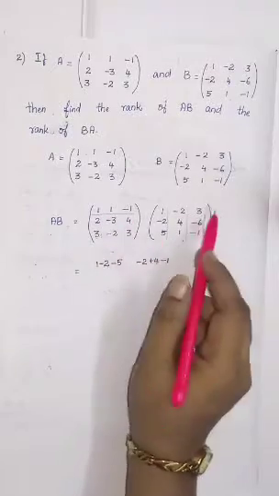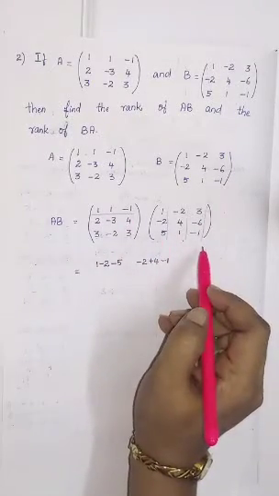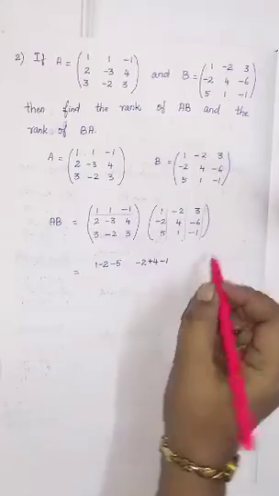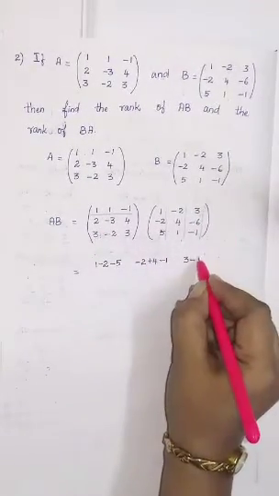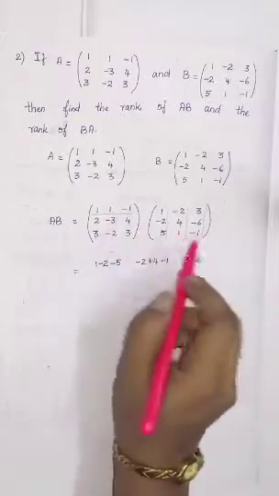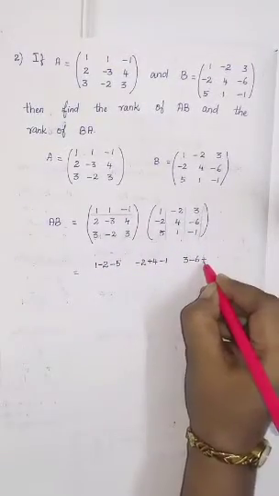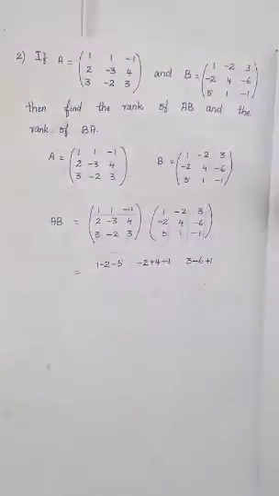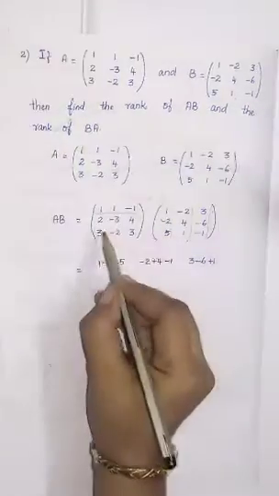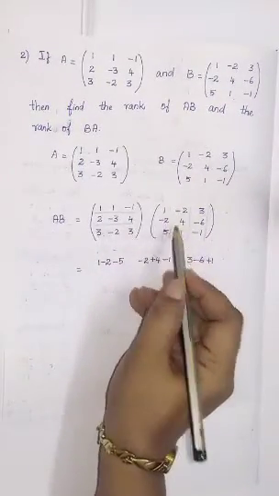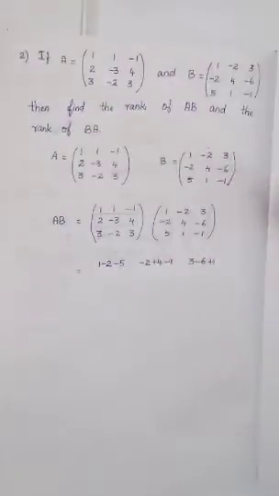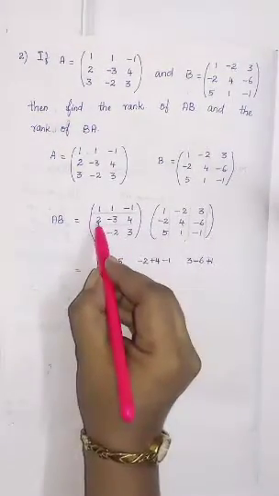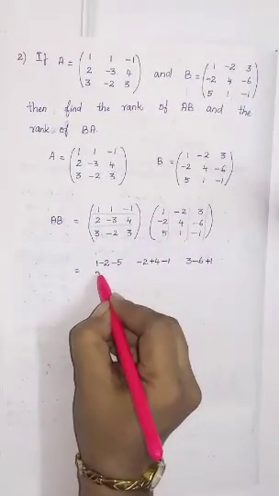Now your first row, third column element you have to multiply. So 1 into 3 is 3. 1 into minus 6 is minus 6. Minus 1 into minus 1 will become plus 1. Now the same thing with your second row, you'll have to do it. Second row, first column element, second row, second column, second row, third column elements. Okay. So which is equal to 2 into this one, 2 ones are 2.